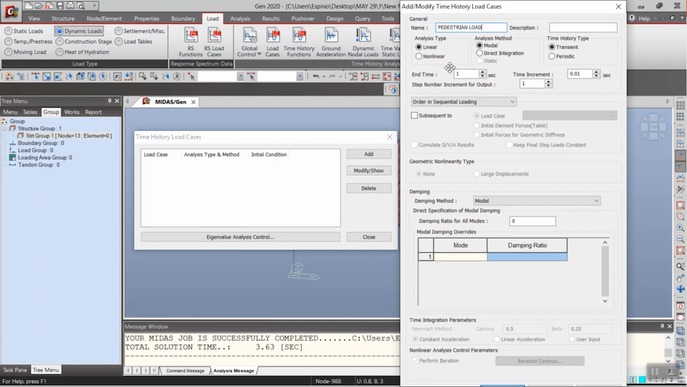So for the pedestrian load, the time history type is transient, as we all know. For the end time, to consider the vibration due to the final loading input, it should be longer than the needed time. Since we have 13 nodes, if you remember, where we will be applying the nodal loads or dynamic nodal loads,